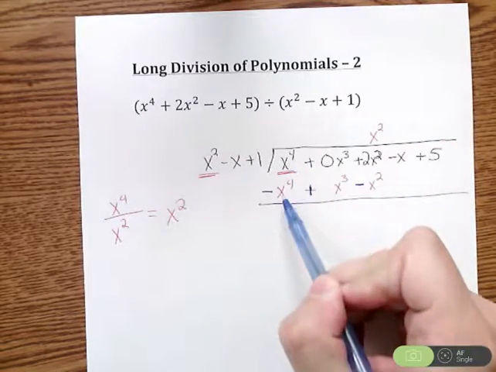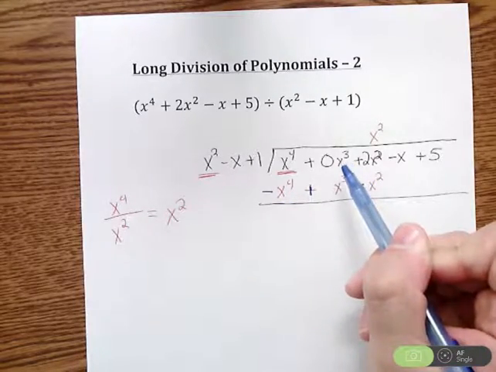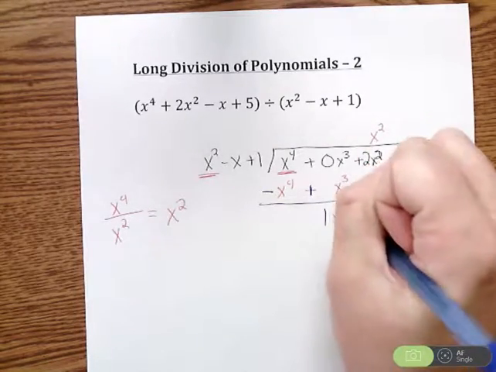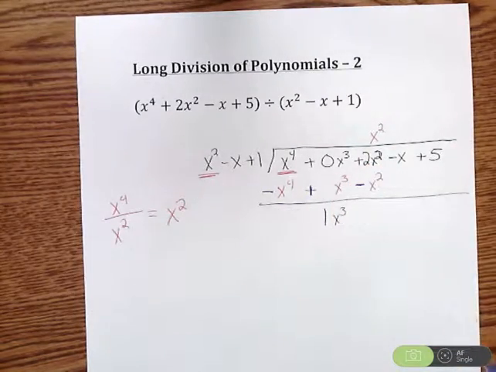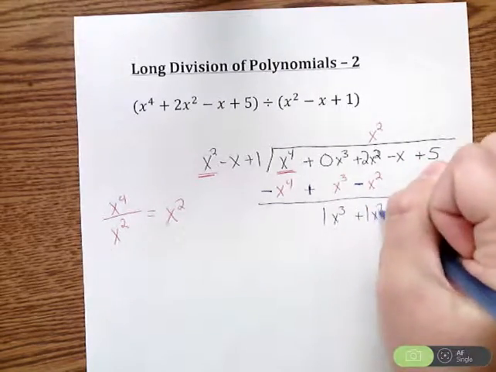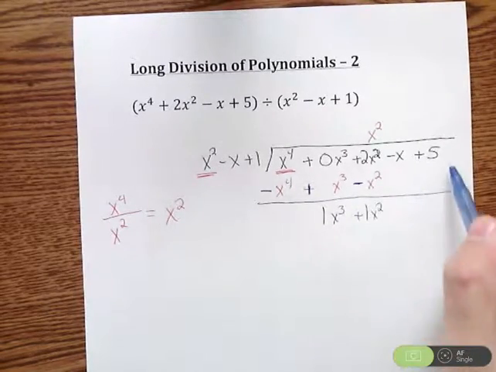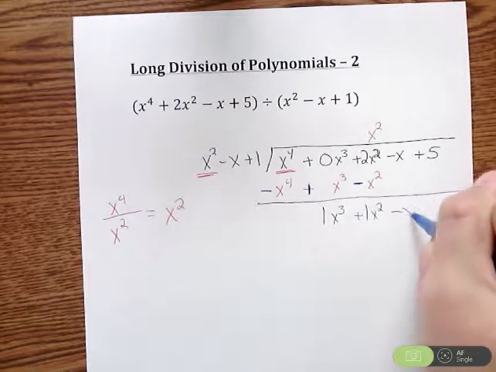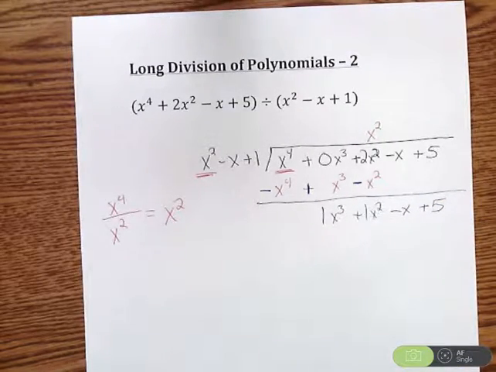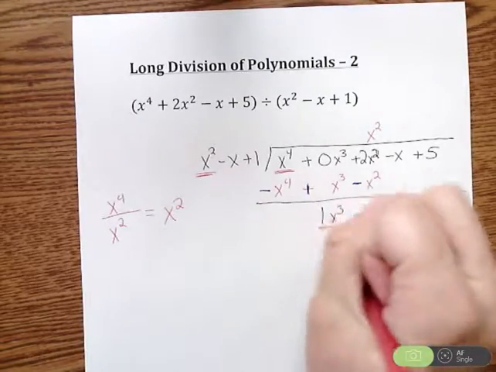So I have an x to the fourth minus x to the fourth. That's 0. A 0x cubed plus an x cubed, that's a 1x cubed. A 2x squared minus an x squared is a 1x squared. And you notice the rest of these terms, there's nothing similar being subtracted, so they just come straight down. Minus x plus 5. We're just going to repeat this process now. So we have 1x cubed,